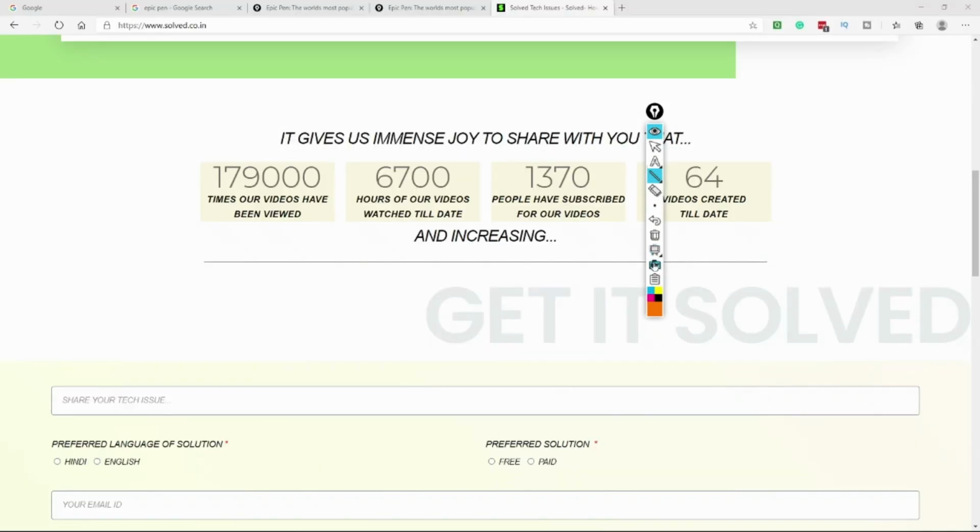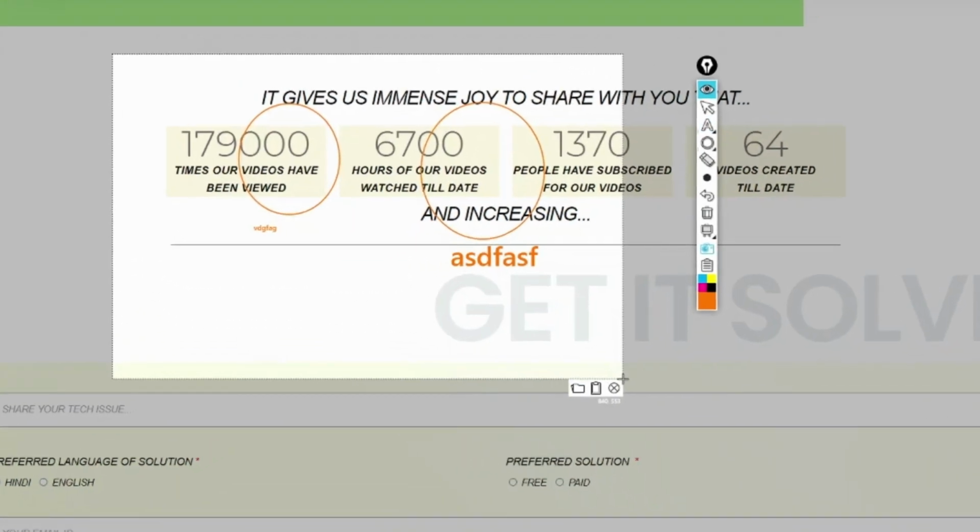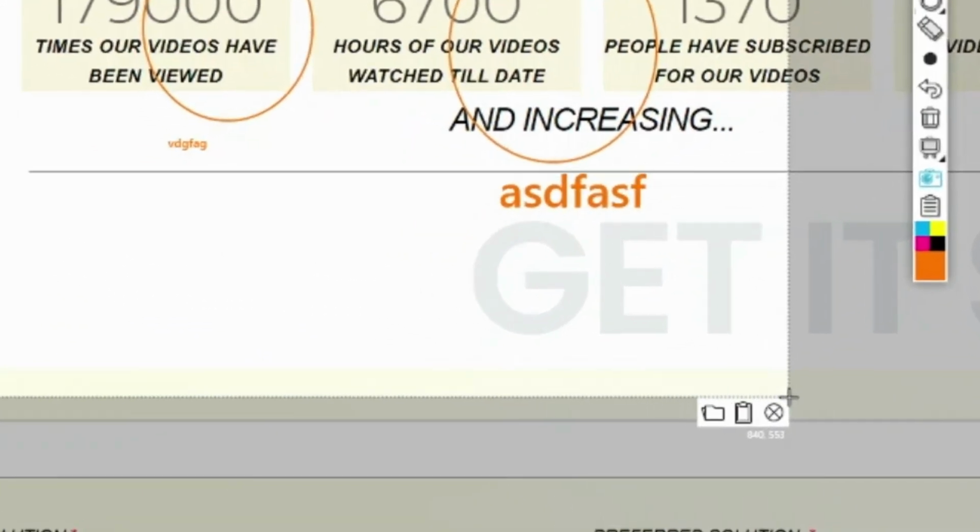And as I showed you, if you want to give feedback on something, you can simply go to the circle tool and circle 2-3 things. You can always go to the text tool and type whatever you want to say. The size was pretty small, let me increase the size, then take a screenshot. When you take a screenshot, someone might think, I already have a snipping tool, why do I need this? Well, the great feature offered here is that it gives you 3 options on the right side.